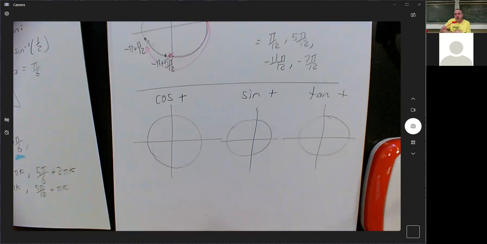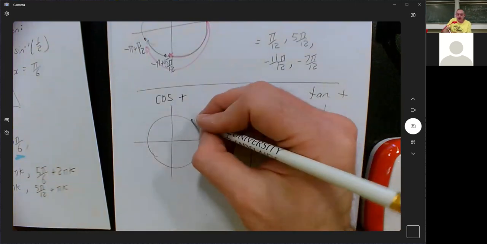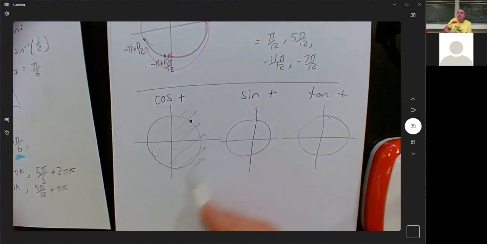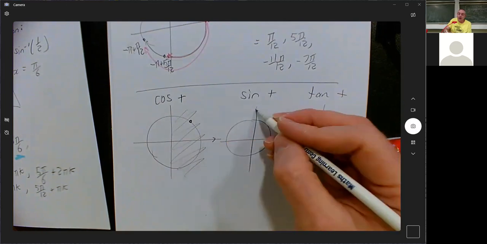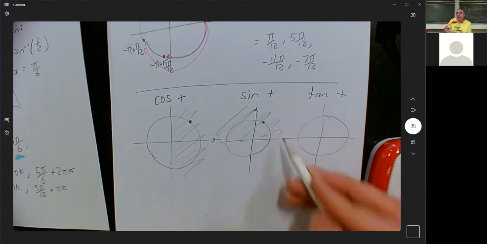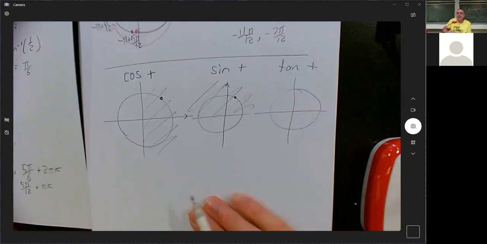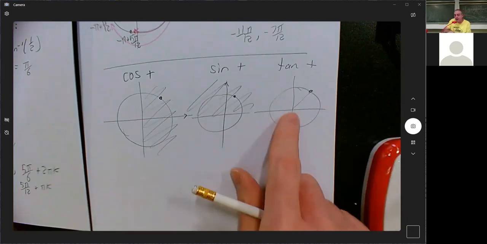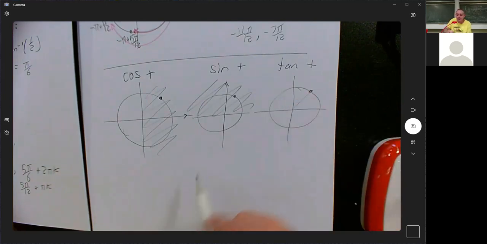Cos is positive. Cos is the x-coordinate of the point on your unit circle. And the x-coordinate's positive over here. And sine is the y-coordinate of the point on your unit circle, and the y-coordinate is positive here. And tan is the slope of the point, the line that goes from the origin to your point on the unit circle,